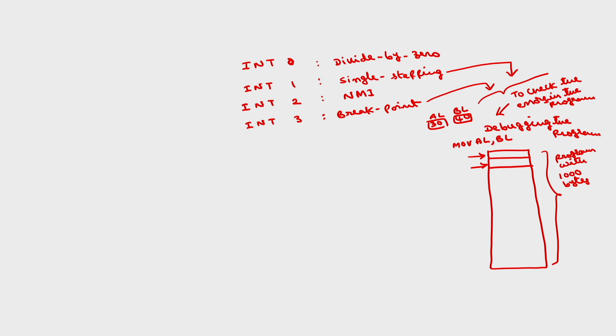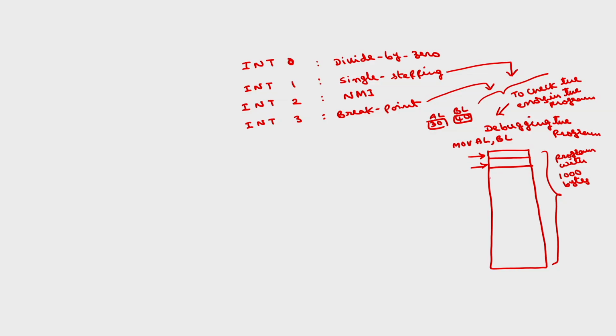The difference between single stepping and breakpointing is this. In case of single step, as I have explained, I will execute one instruction and check the result, then the second instruction and check the result, third instruction and check the result, and so on. Whereas in case of breakpoint, I will set a breakpoint after, say, some 10 instructions. The programmer can set the number of instructions to be executed at a time. If I set this to 10 instructions, the microprocessor will execute the first 10 instructions at a time.